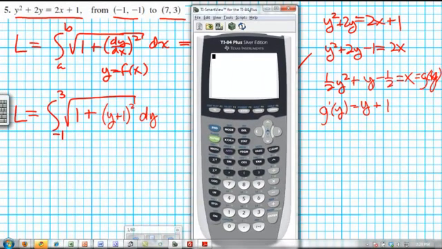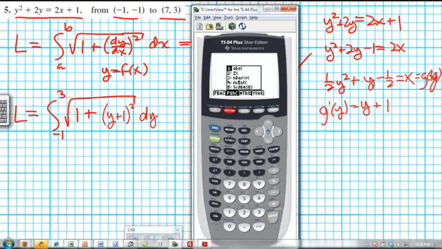There we go. All right, alpha f2, and there's my finite integral function. I'm going from -1 to 3 for the function that's the square root of 1 plus parenthesis, and instead of writing in y,